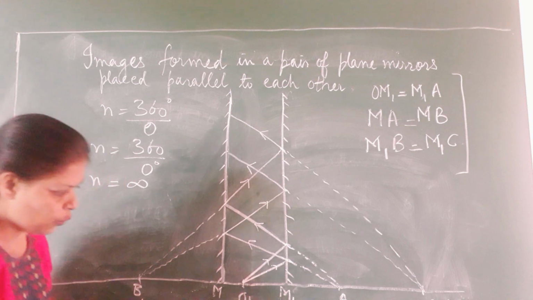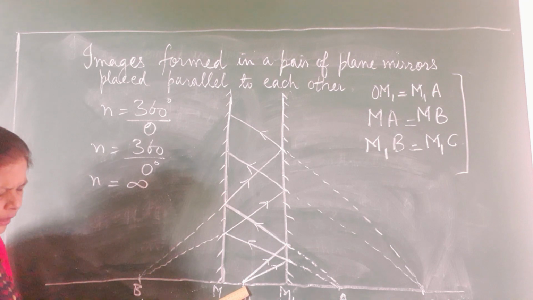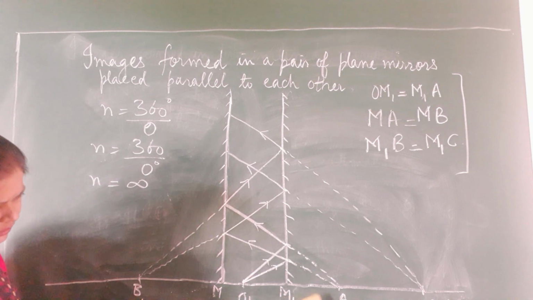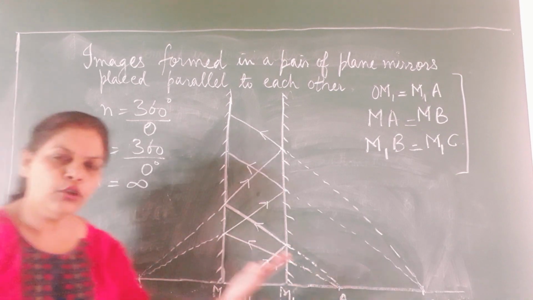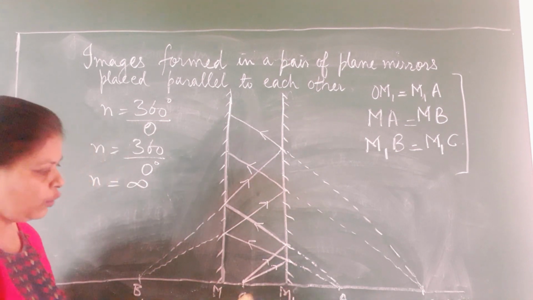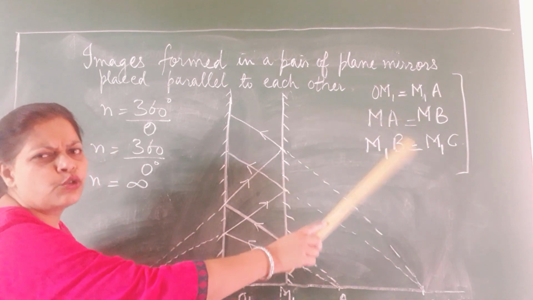Now this particular object is O, right? Now this object, which is, say, taken at a distance of maybe 4 centimeters from M1, I will take two slanting rays which fall on the mirror M1. So first of all, this object forms the object for M1. So two rays, and this distance OM1, on the other side I will measure that distance and put a dot A, and these two rays will meet at that point. If you remember, I told you the object distance should be equal to image distance. That's why I am measuring this. OM1 should be equal to M1A. See, I have written it. OM1 should be equal to M1A. This is for your reference, children, so that you should know how to draw.